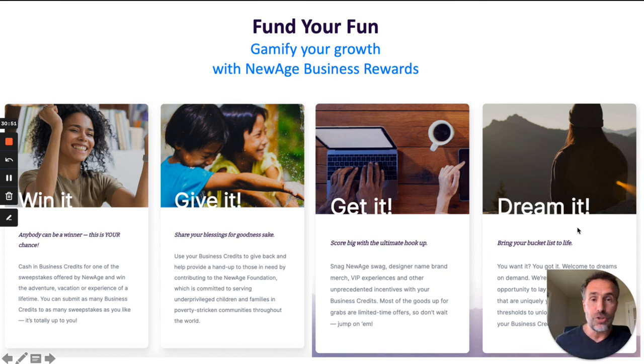And you can also dream it. What do we mean by this? Is that you are able to choose what reward you would want. If you say, for example, I would like to buy a motorcycle, you could say, okay, how much does this motorcycle cost? You set the target. It's this amount. So the company accumulates in your account in business rewards the amount until you reach the dream, and then you pay yourself that motorcycle that you dreamed of. So there you have it.